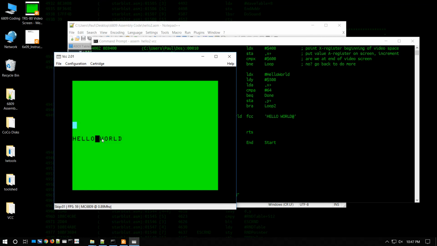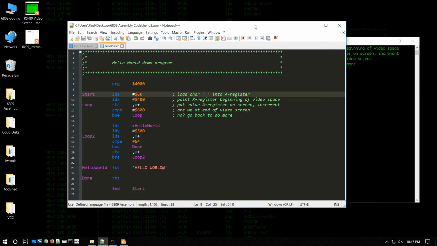Before I put some code in to check for that, I just wanted to show you some of the versatility with the text string that we just created. What I can do is come in here and change this text string on the fly, and let's add some more to it. This is my first, well, technically it's our second assembly